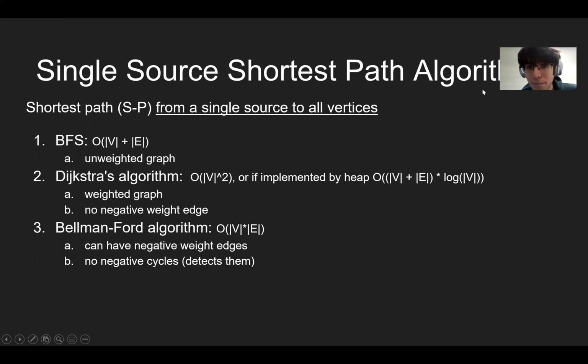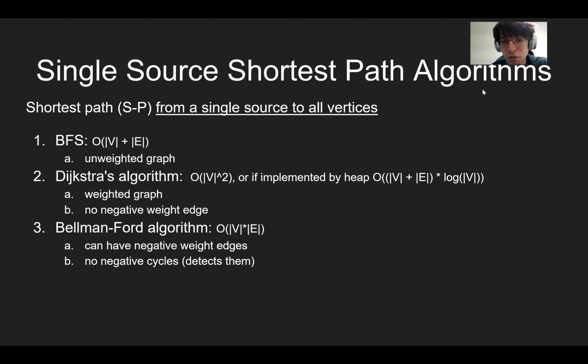So in this problem, you have a single source, and you want to find the shortest path to all of the vertices in the graph. For the unweighted case, it's pretty simple. We've actually already learned it, and that's BFS. With the shortest path in an unweighted graph,